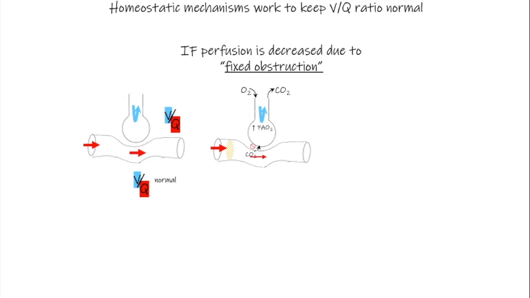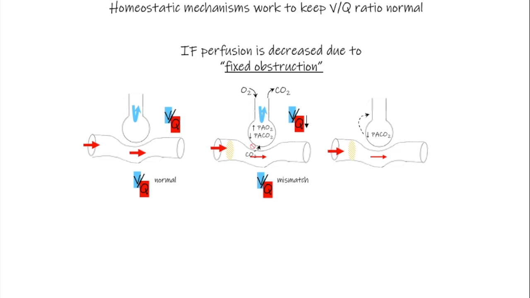So locally, we can think of the PAO2 as being normal or increased because oxygen continues to be delivered, but our PACO2 decreases. Looking at our VQ ratio here on a local scale, we would see that our ventilation is normal, but our perfusion is reduced. So again, approaching this from the local standpoint, this would mean that we would want to do something to decrease ventilation to this area. What happens here is that the decreased PACO2 is going to have a local effect